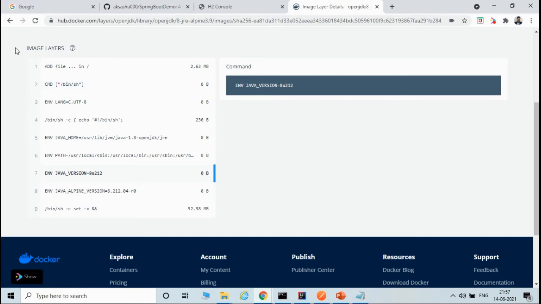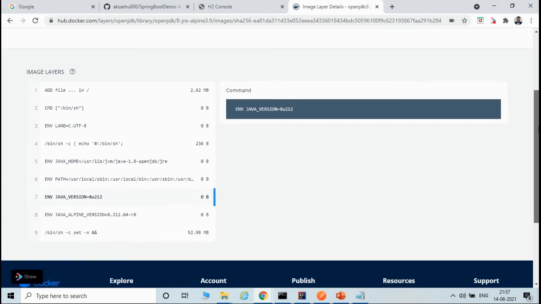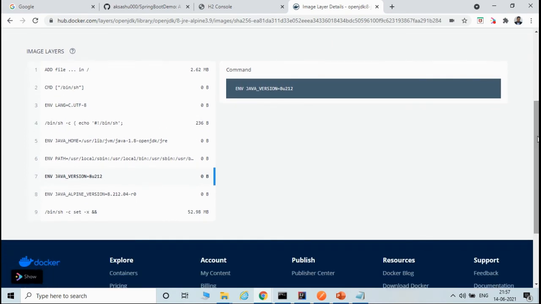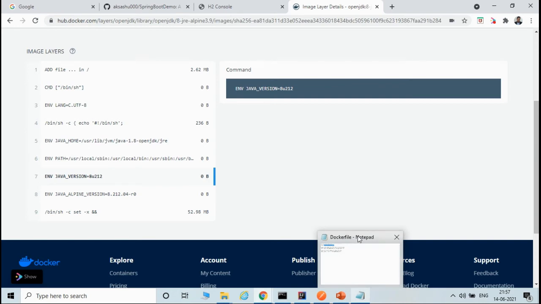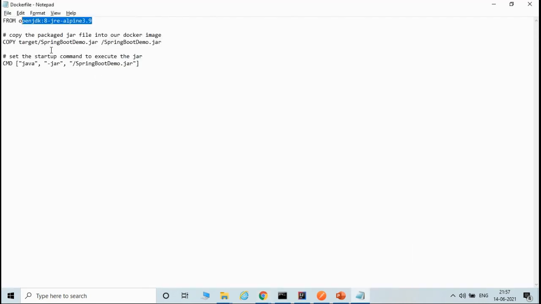So it avoids the recomputation of all of the layers, so the packaging of the image is fast. If you change one particular command, only that particular layer will be changed. All right, so this is the base image, and we are pulling this image and just utilizing that to copy our jar file and start the application.